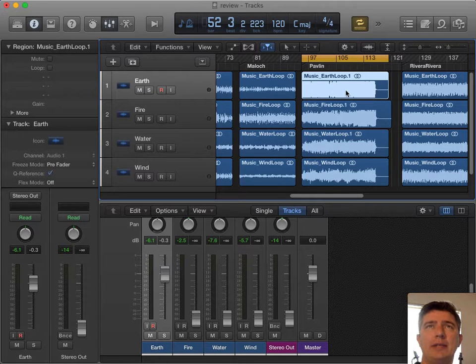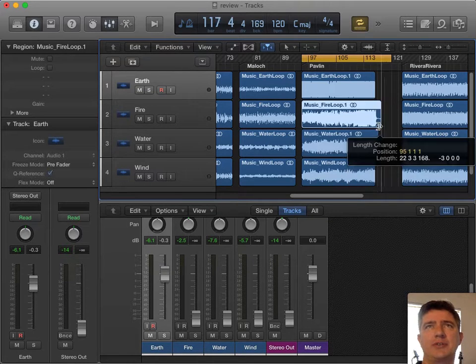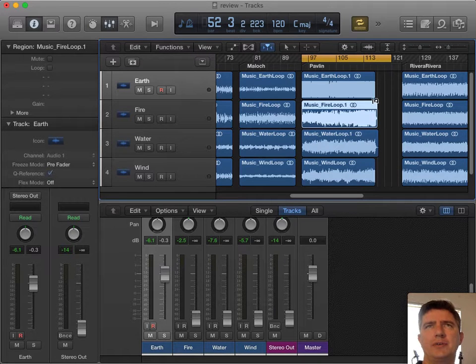Level-wise, we want to pay attention. These cues, all 4 of these, need to be cut down. Looks like the music's actually the same length, but the files are not. So we want to watch out if the files are different lengths. So watch the edits of those. And then the levels,